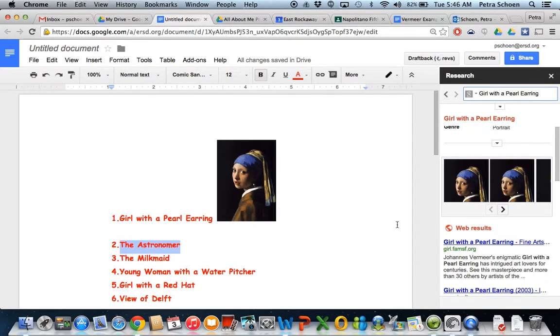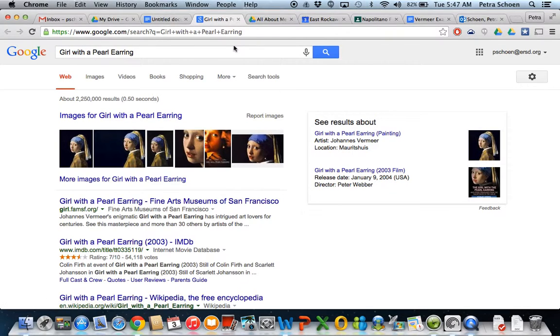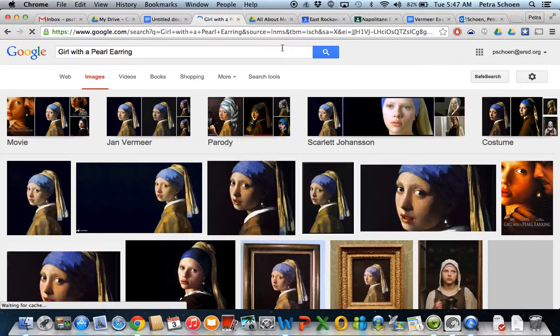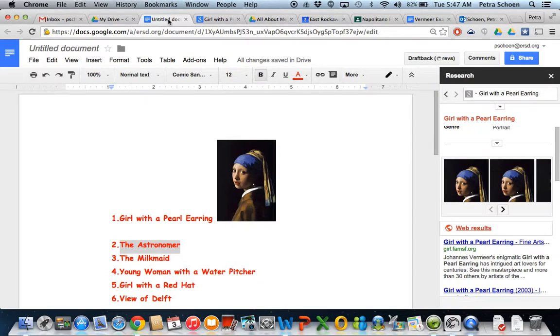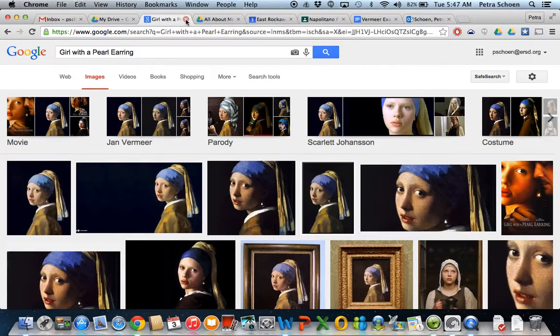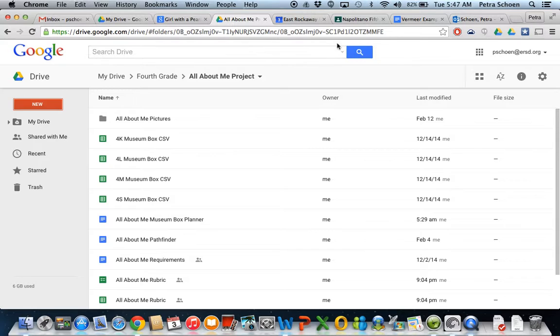If you're not able to find it, you can click on the web results to open up a new box and see if you can click on images and find what you're looking for, okay? So once you're done with that, that needs to be printed out. So that's the second important thing. Then, third most important thing,